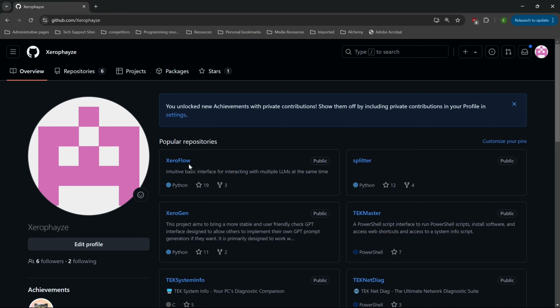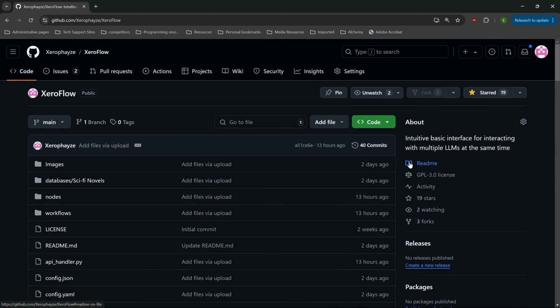Okay, so this is my GitHub page. I've got a couple other projects that I've worked on, but this particular one is called XeroFlow. For those of you who are familiar with how to use GitHub, make sure you have Git installed on your system, and you're basically going to git clone the repository into a directory that you want, using the link